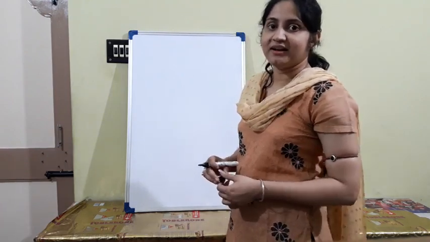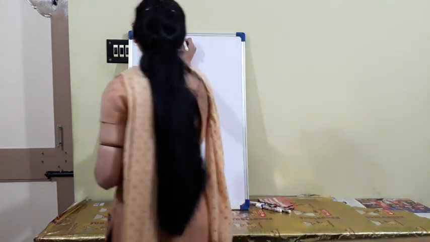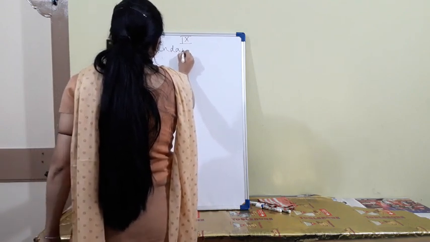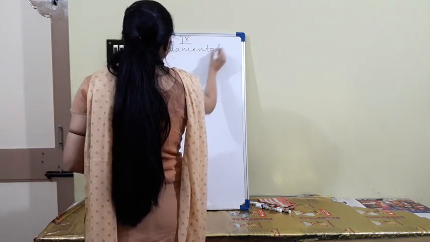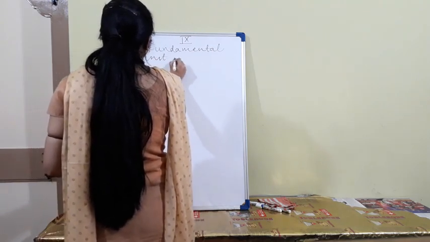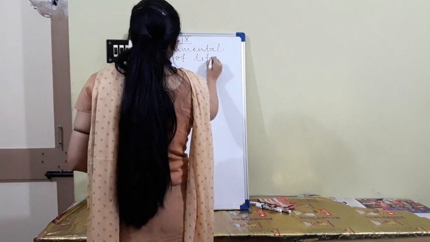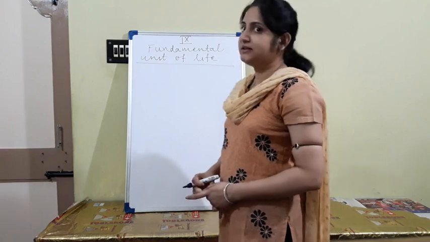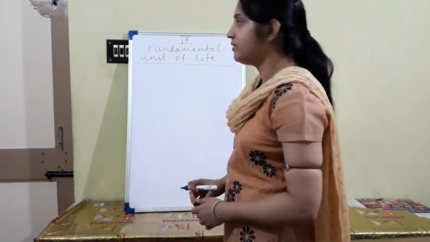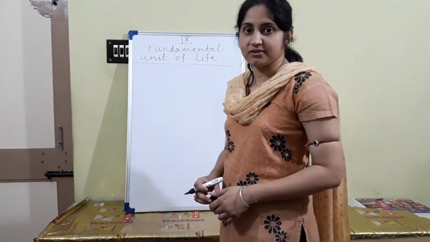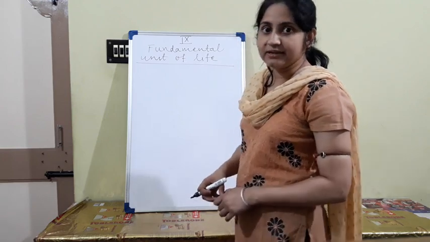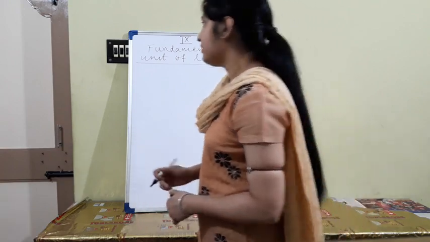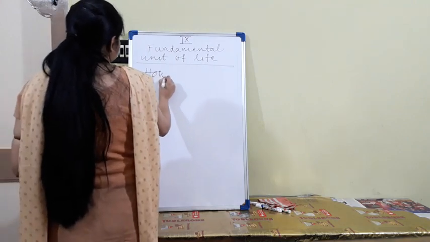And today I will take the science class for class 9, okay? That is, the fundamental unit of life. We have already learned something about that chapter, that is how the cell evolved, how the cell theory evolved, and what the basic structures of the cells are. And today I will discuss the different components of the cells and their structure and functions. Okay. So how is a cell organized?